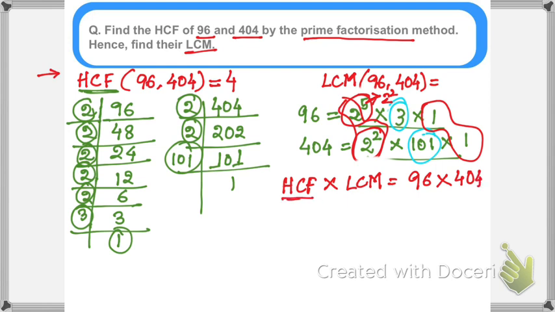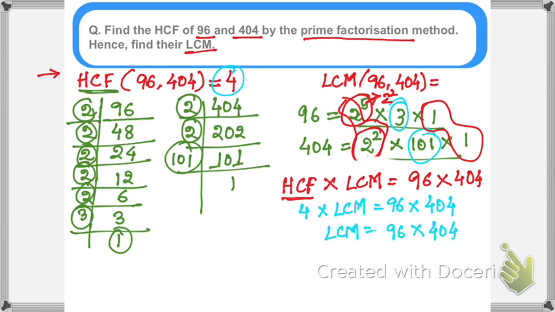Now we got the HCF. What did we get for HCF? We got the value of HCF as 4. So 4 into LCM will be equal to 96 into 404. So LCM will be equal to 96 into 404